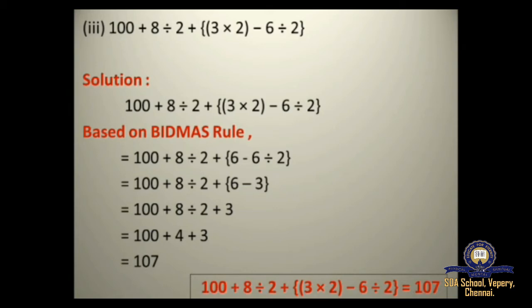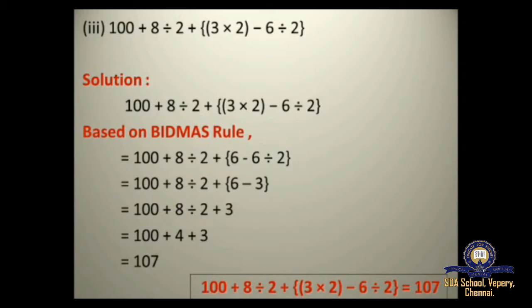So 3 multiplied by 2 is 6. Okay, since there are 2 operations inside the bracket, you're going to simplify to one operation. So after indices you'll be getting division, so you're going to divide the value by 2, you'll be getting 3. So now you're going to solve the brackets again, since we have simplified to one operation. Okay, so when you subtract 6 from 3, you will be getting 3.